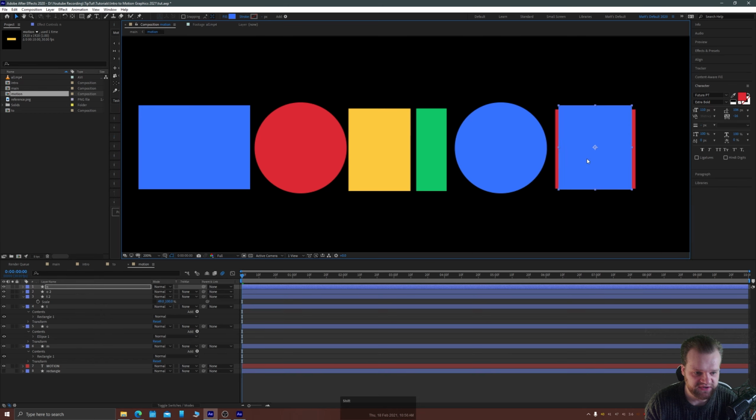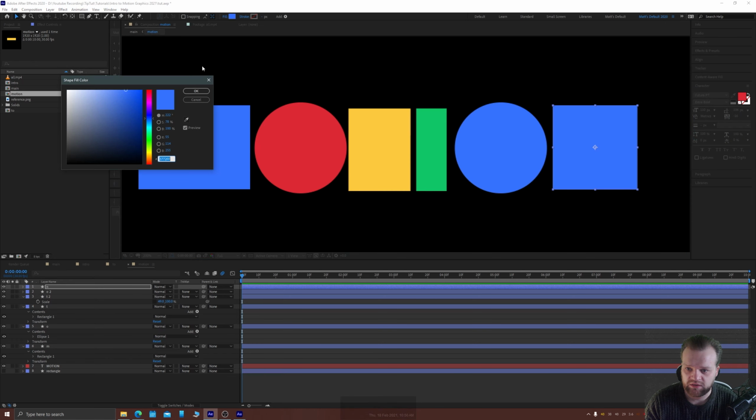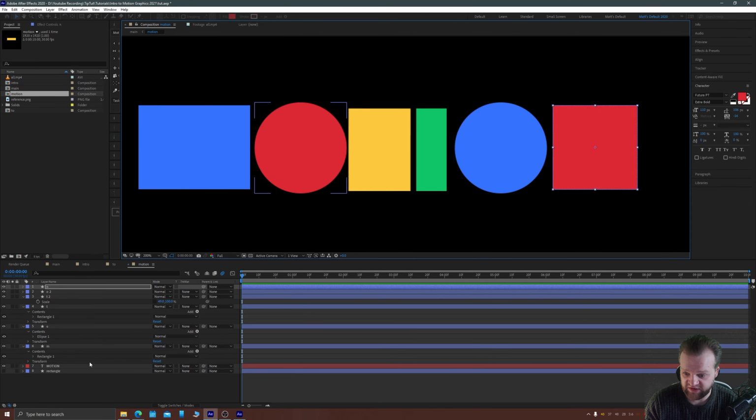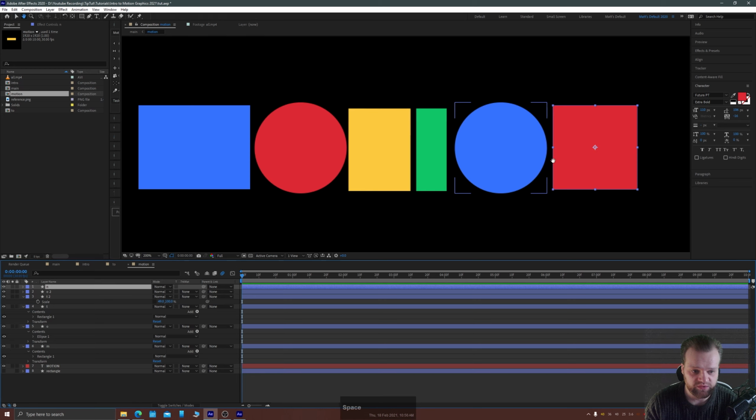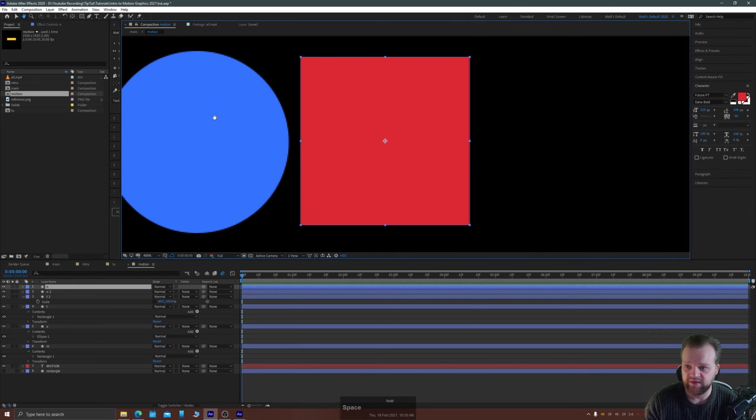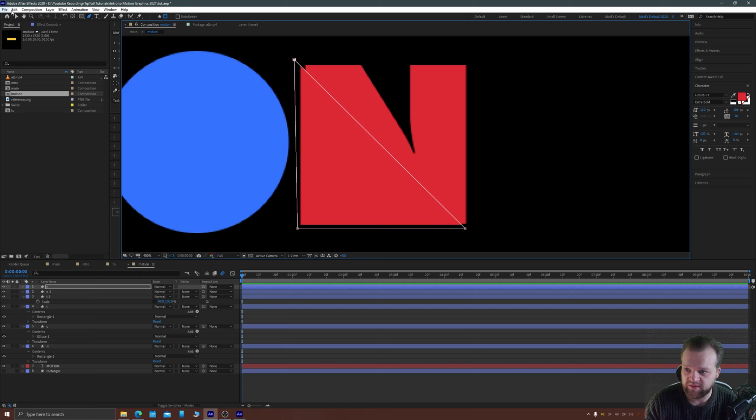One thing that might be nice is if we were to split this rectangle to make it more obvious that it's supposed to be an N. And to do that, we're going to work with a mask. So I'm going to select my N layer. I'm going to select my pen tool and make sure that I'm selected on the Tool Creates Mask option up here at the top of the toolbar. And we're just going to go slightly below our corner point here. Holding Shift, we can create a perfect diagonal line. Let's draw a triangle over that portion of the shape and it will create a mask for that portion of